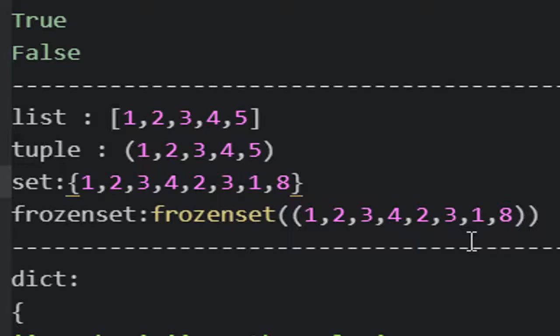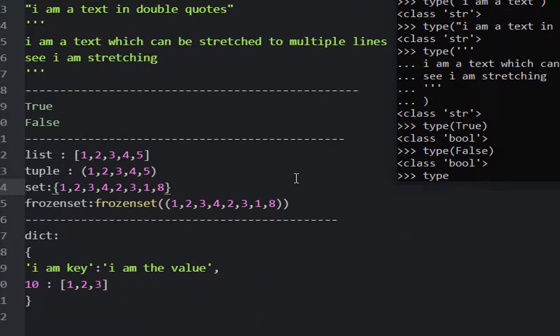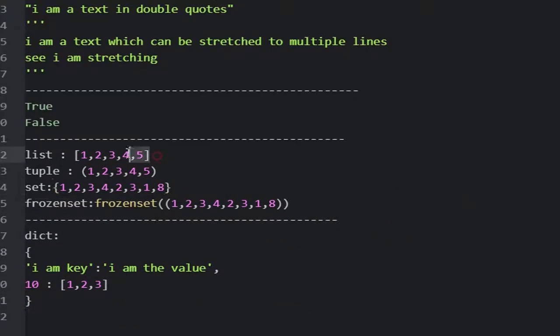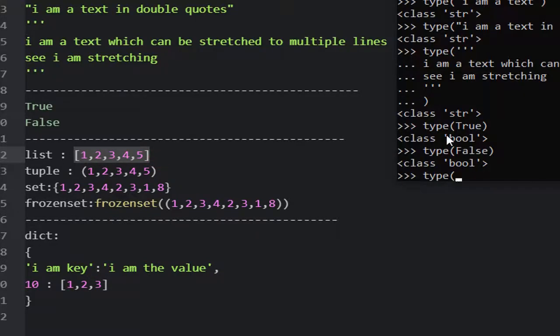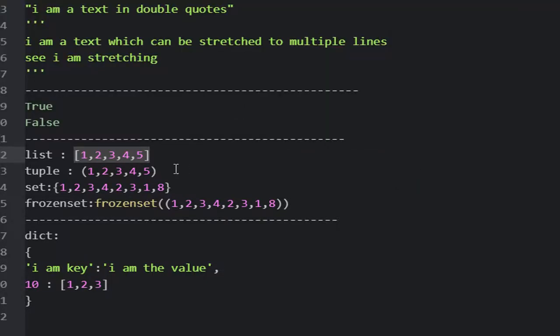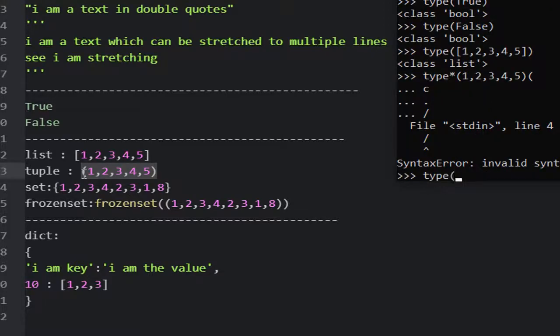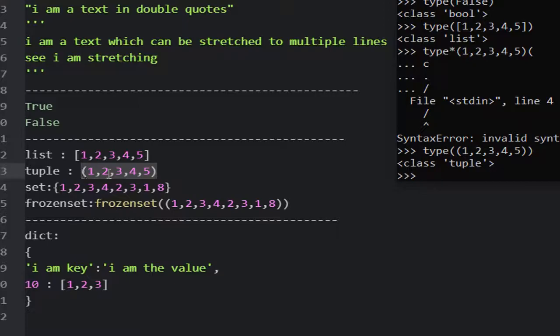So let's see what data type the values belong to. If I say type of and copy the first data, then it should be a list, right? Control V and I see a list. If I take the second data and I write type of second data, tuple, right?